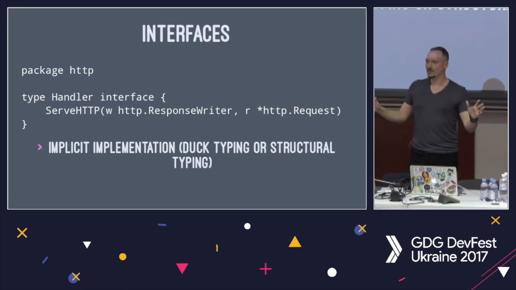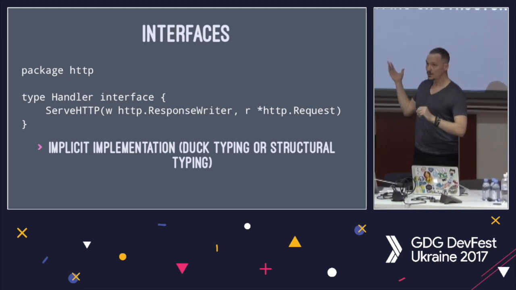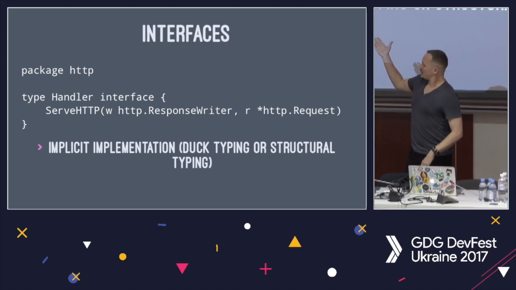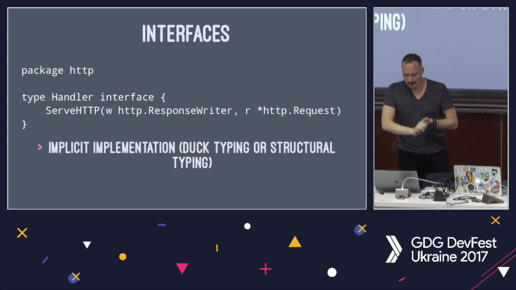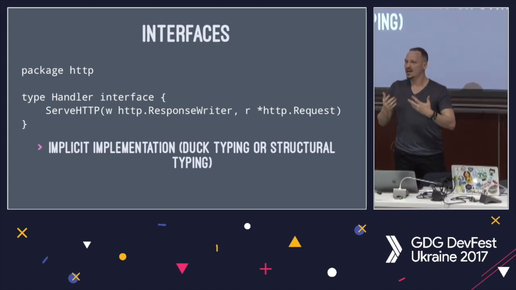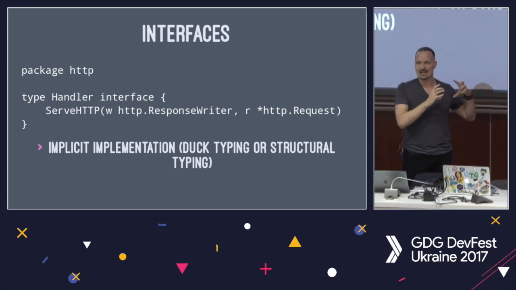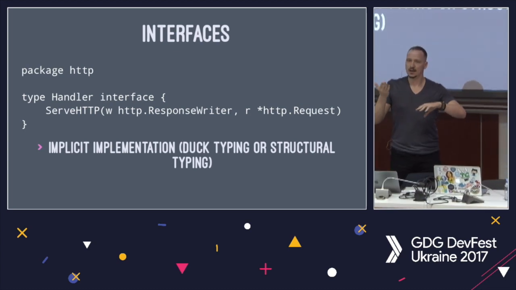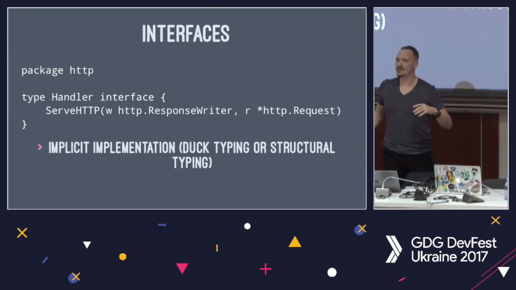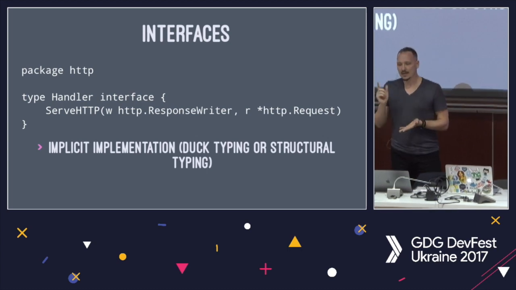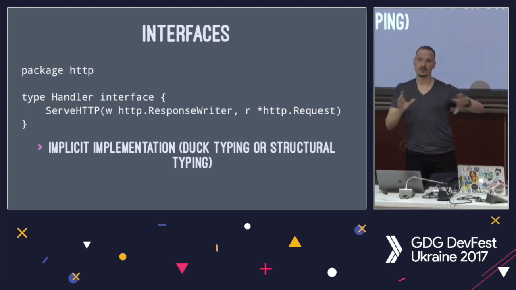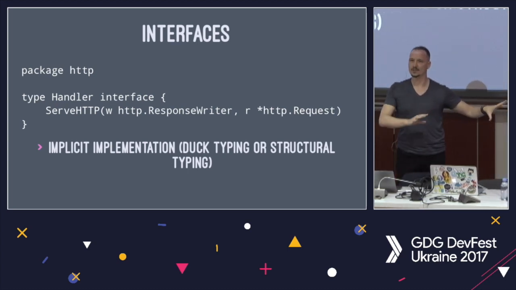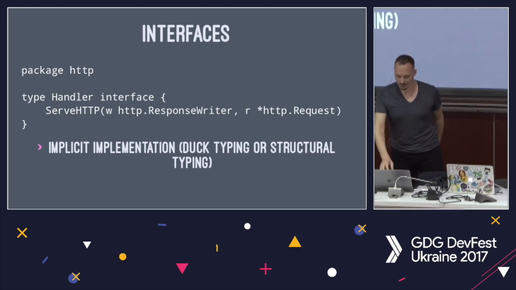Go also has my favorite implementation of interfaces in the world. It has this kind of duck typing approach, so you don't have to explicitly implement an interface. As long as a type has the right methods, you can use it wherever it asks for an interface of that type. That's also nice because you can flip it around and write interfaces after the fact for code that other people have written where they didn't include an interface. It doesn't stop you from having an interface that matches it.